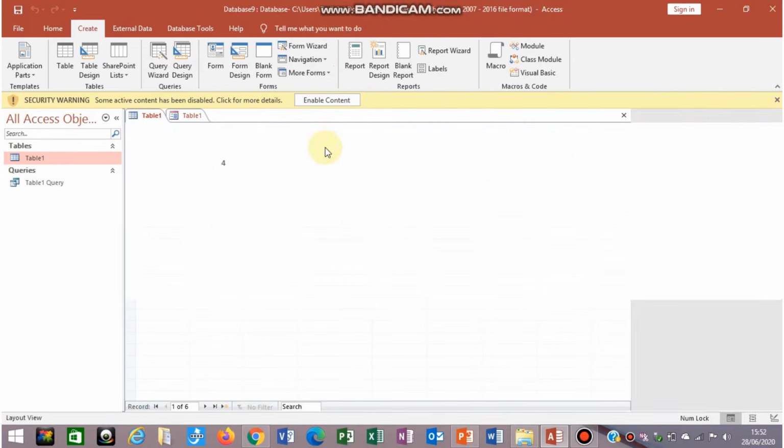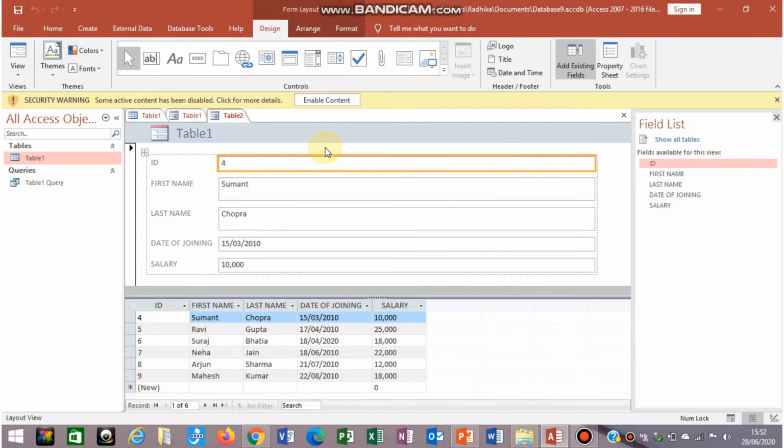Click on that, and as soon as you select the Split Form option, your information gets arranged in the split form method. Split form means half of the user area is the form, and in the other half you will see your database table. That's why it is called the split form view.